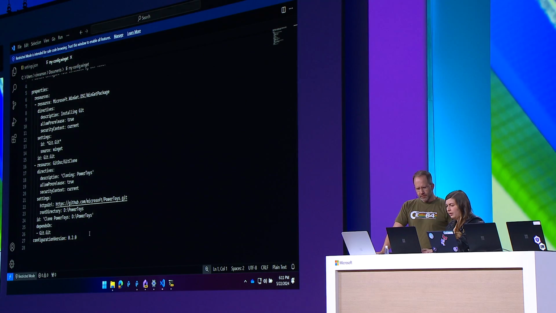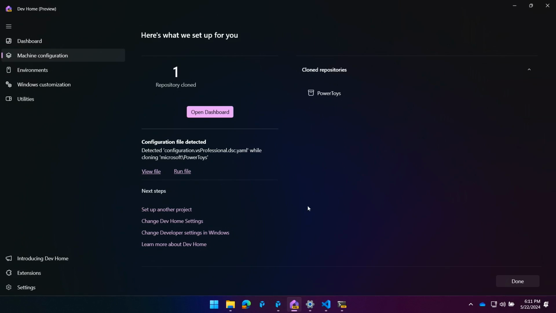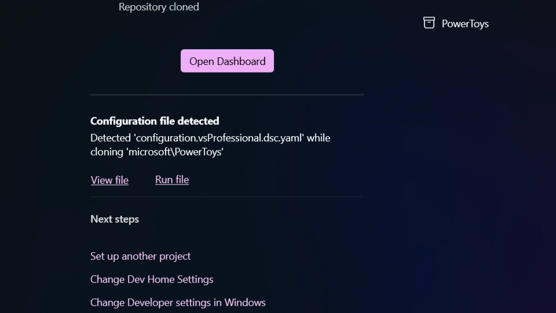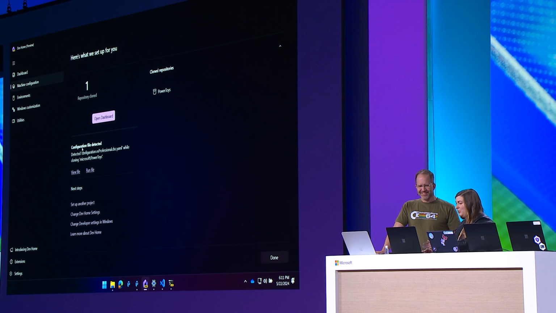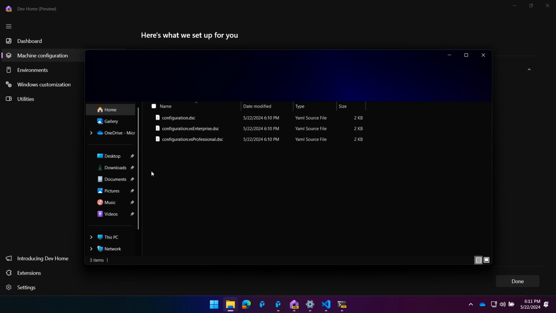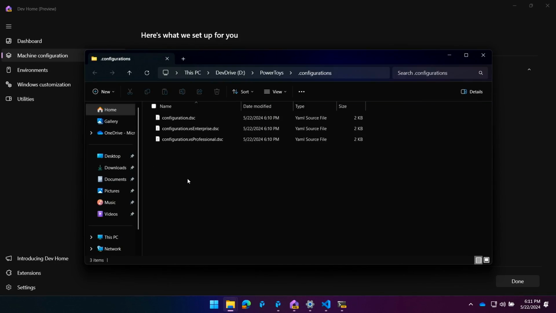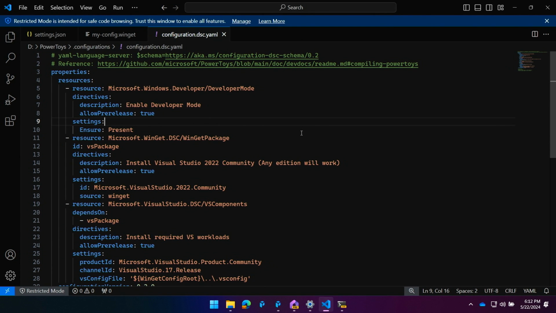Yeah. So if I hop back over to DevHome, I finished cloning. And one thing we've added into DevHome is configuration file detection. So we have a lot of repositories. We're open source on a lot of things. And in our repositories, we have configuration files to help you get set up. And you can view this file and run this file. So yes, I've cloned PowerToys, but PowerToys might require Visual Studio, et cetera. And we can have them detected by DevHome. I can launch this, run it within DevHome, and then I can get set up with development in a snap.